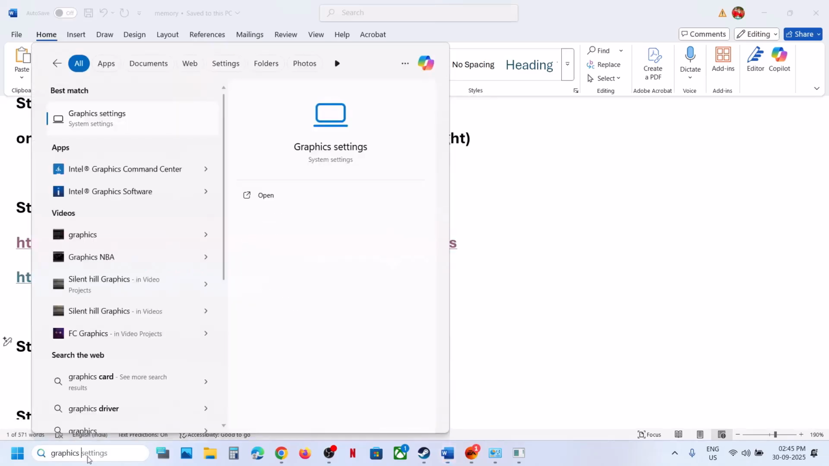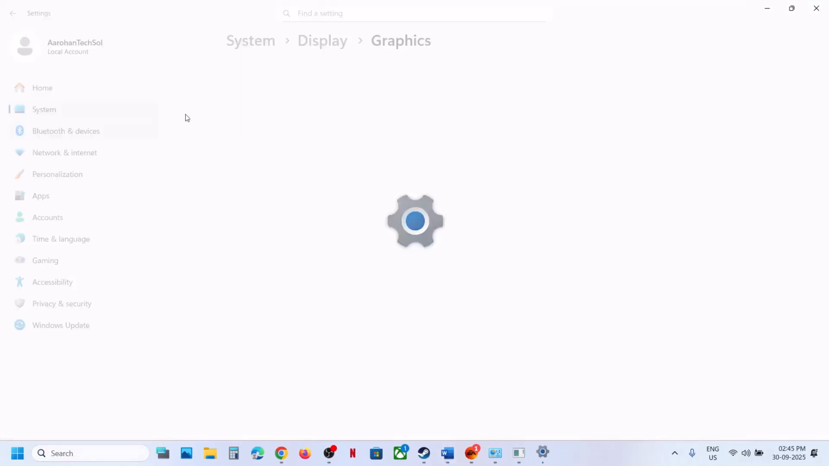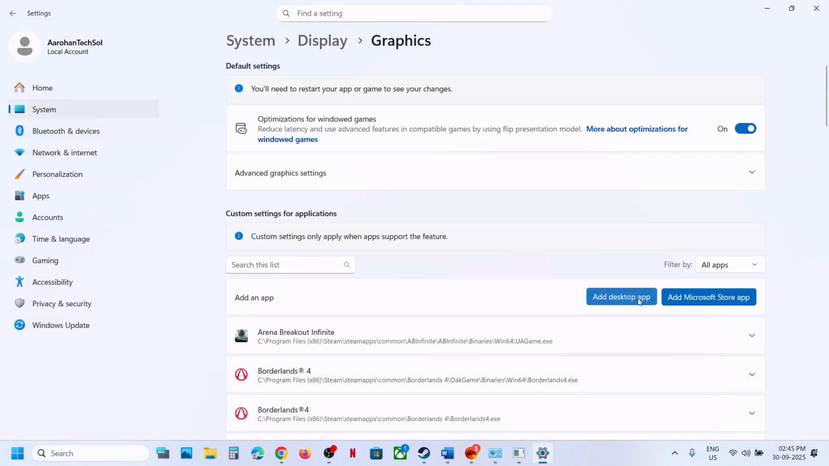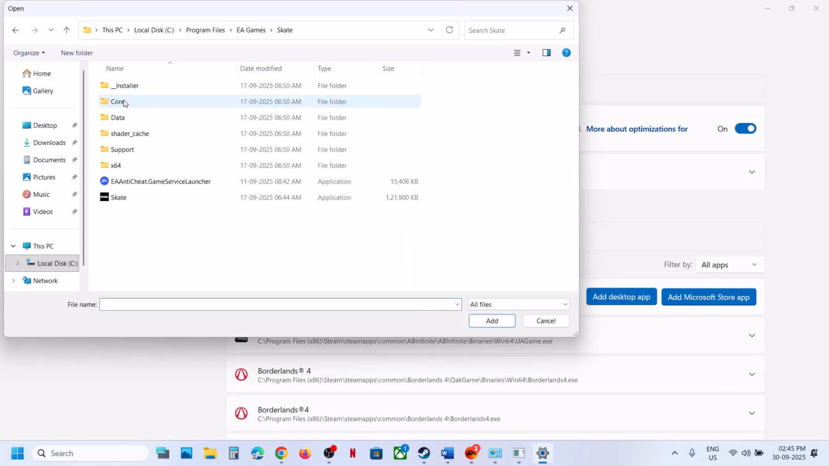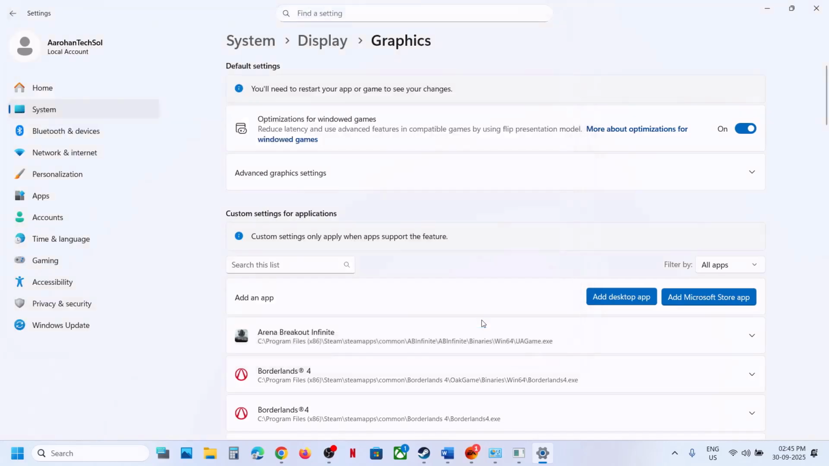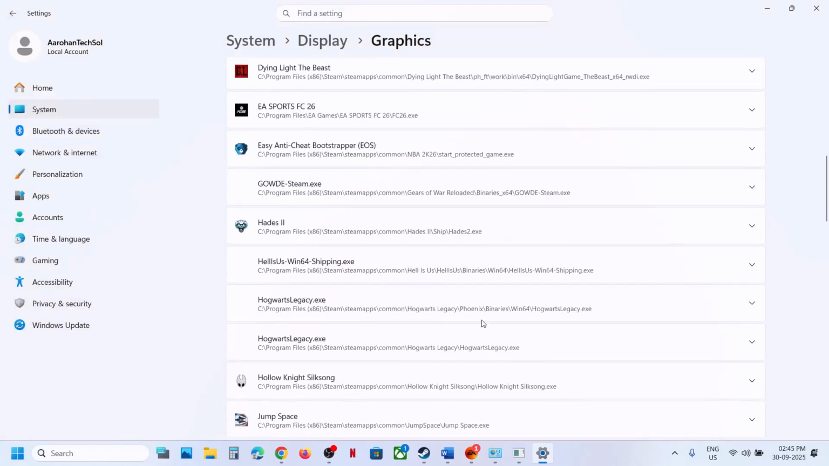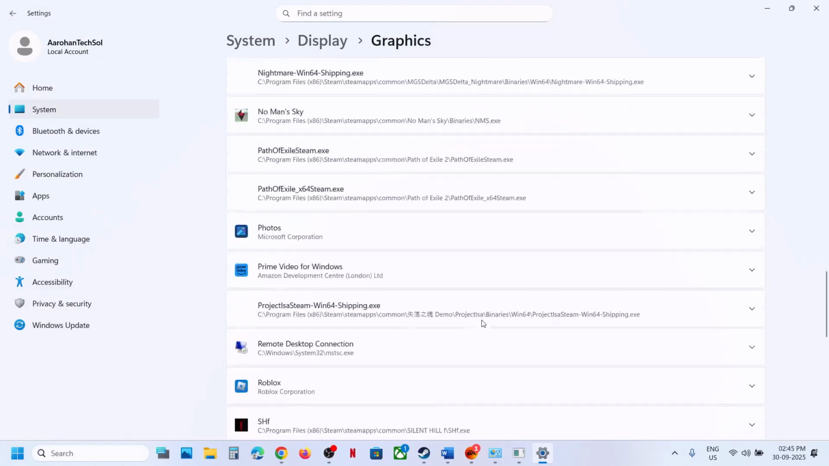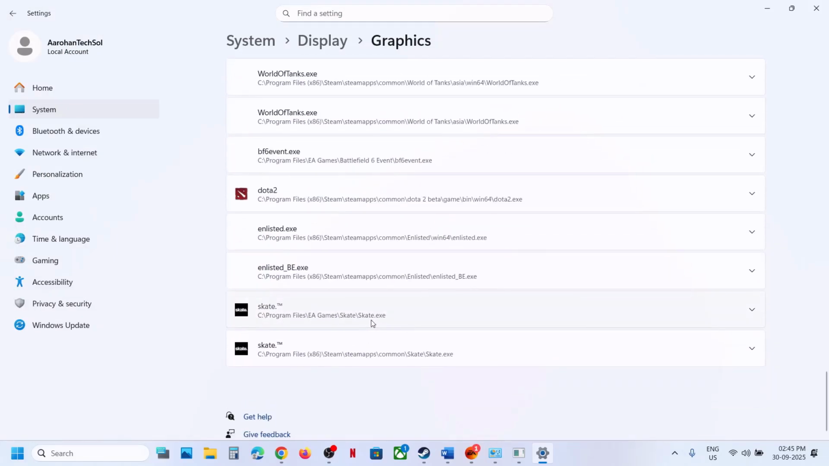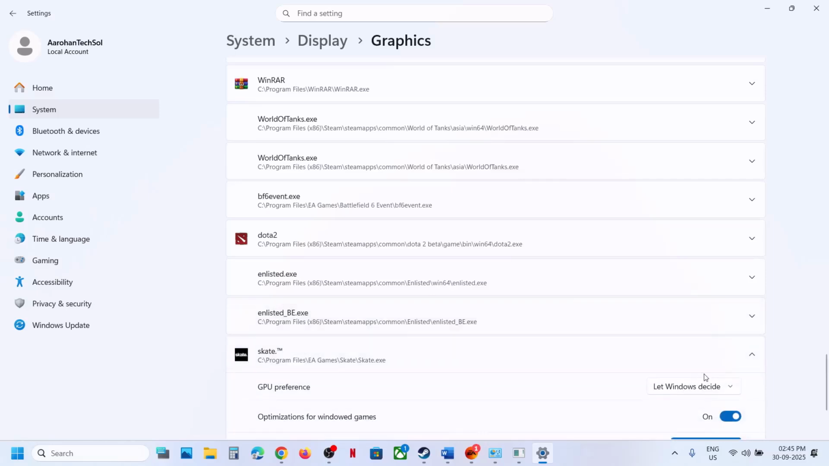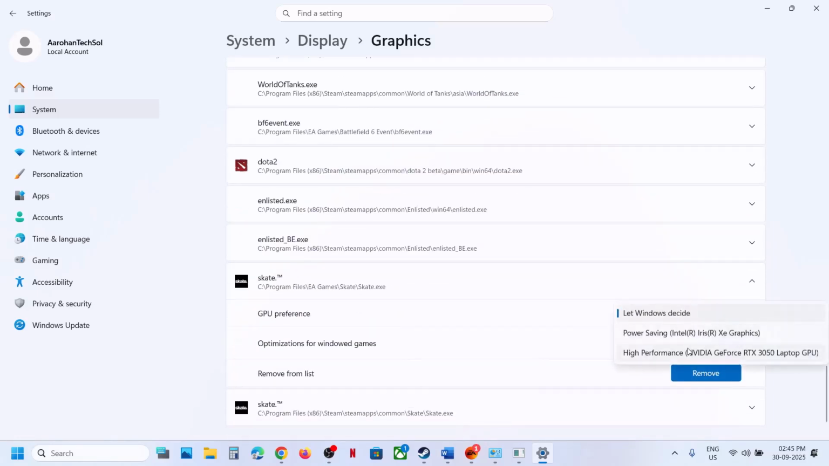Now for this, type in graphics settings in Windows search box and then click on graphics settings. Click on add desktop app and then go to the game installation folder. So wherever the game is installed, open the game folder, select the game exe file and then click on add. Once the game is added, scroll down and find the game in the list. Once you find the game, click on the game and then select high performance over here and you will see